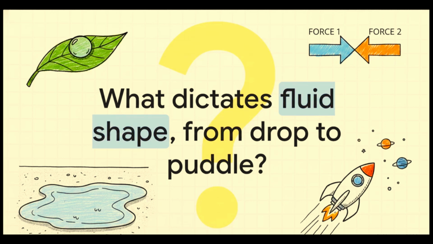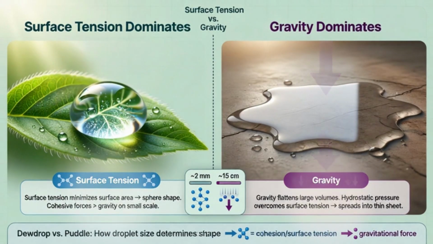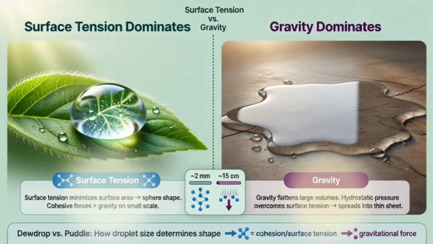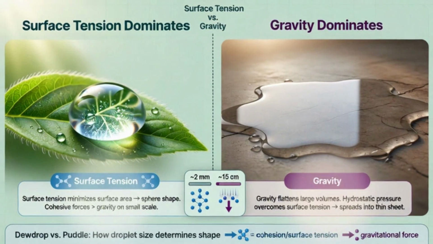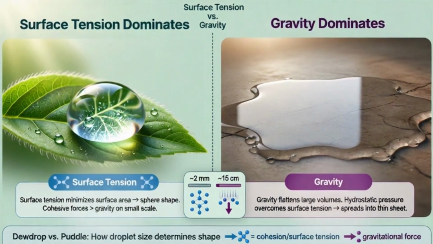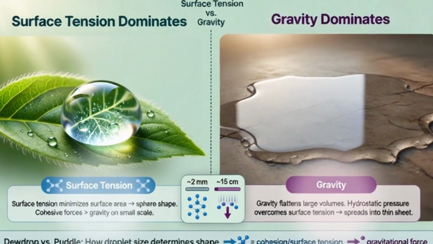Have you ever just stopped and wondered what actually dictates the shape of a fluid? Like, why does a tiny dewdrop form this perfect little sphere on a leaf? But if you spill your water, it just flattens out into a puddle on the floor. As undergrad science students, I know you observe these kinds of phenomena all the time, but the answer isn't just